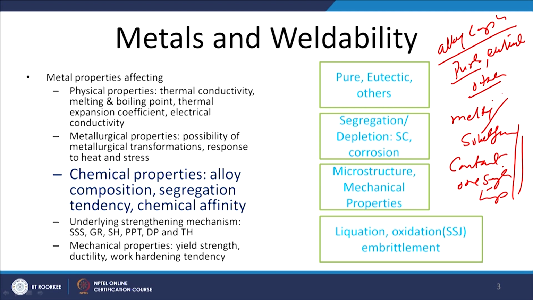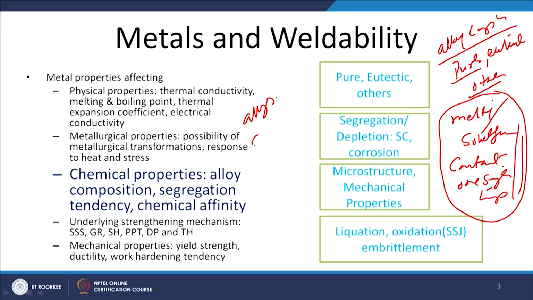So, when the pure metal or an alloy of the eutectic composition is welded, due to the melting and the solidification at one temperature, this leads to the development of the minimum welding defect related tendency, and that is why they offer a good weldability as compared to the alloys where the solidification takes place over a range of temperature.